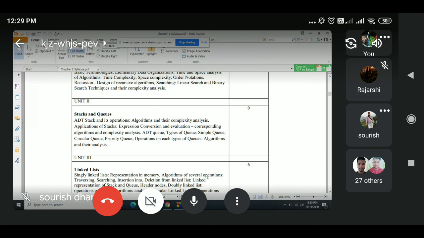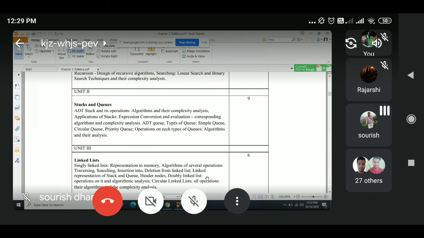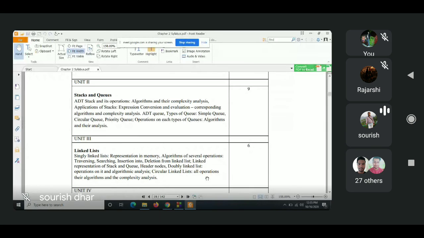Okay, do it in that way. Otherwise, अगर तुम ये पढ़ के आ रहे हो, लिंक लिस्ट बहुत आराम से निकल जाएगा, कोई प्रॉब्लम नहीं होगा. लेकिन अगर आप पढ़ के नहीं आ रहे हो, तब बहुत मुश्किल हो जाएगी. बिकॉज अगर तुम्हें एरे ही नहीं पता तो तुम्हें लिंक लिस्ट कुछ समझ में नहीं आएगा. अगर तुम्हें पता नहीं है कि एरे और पॉइंटर्स का क्या रिलेशन है, या स्ट्रक्चर कैसे काम करता है, तो तुम्हें लिंक लिस्ट पता नहीं चलेगा.